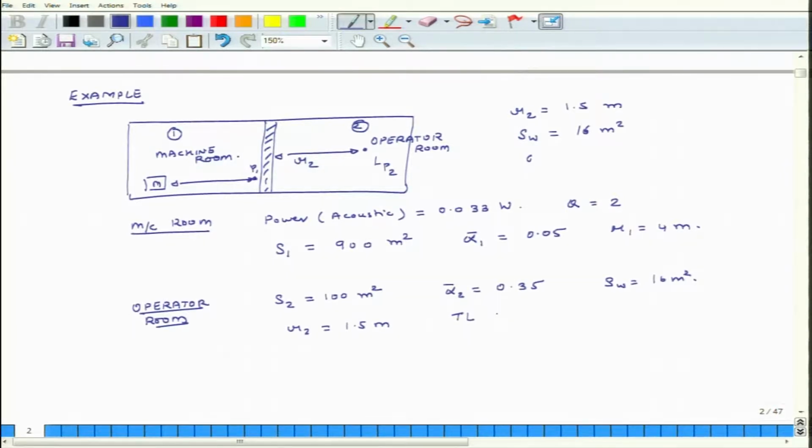is 30 decibels. So, how do we get this transmission loss? Either we use FEA or we use data from suppliers to compute this transmission loss. So, given this information, the question is,